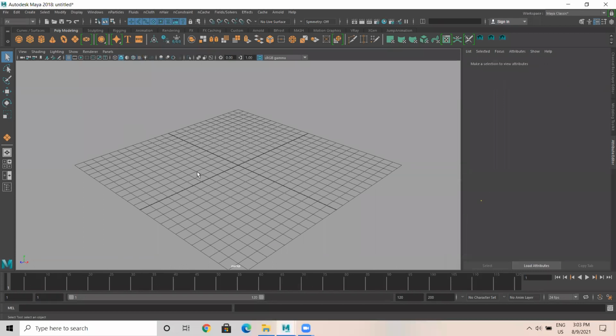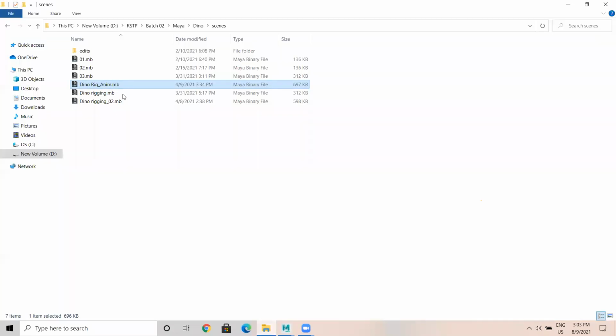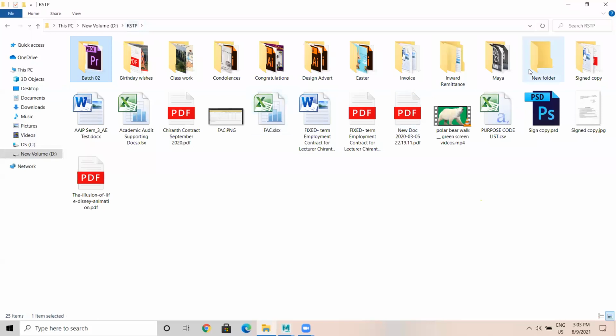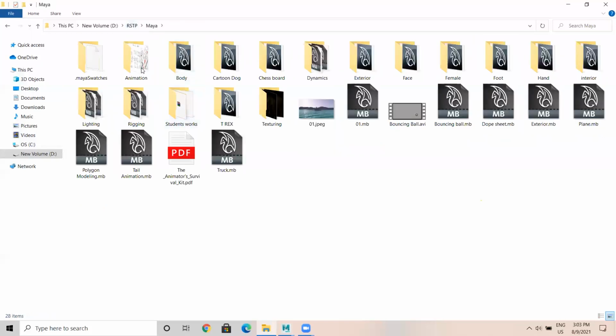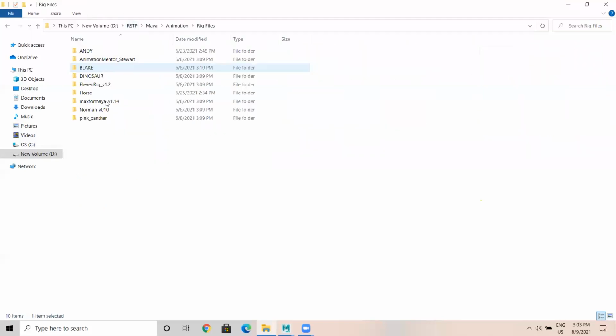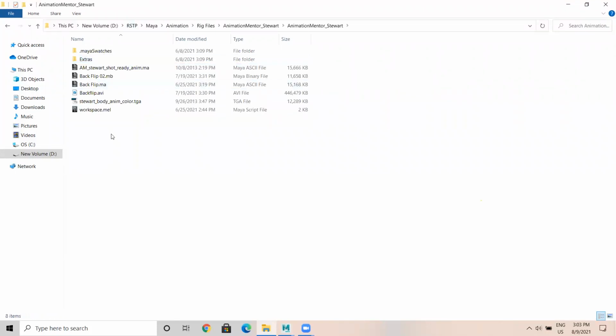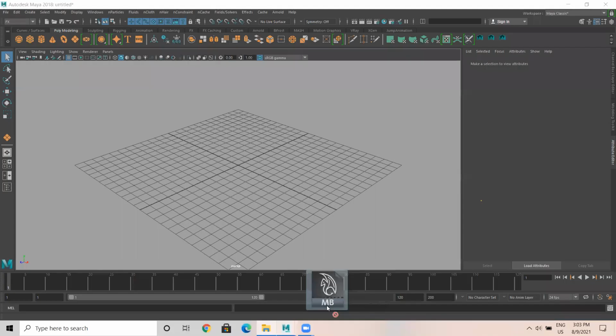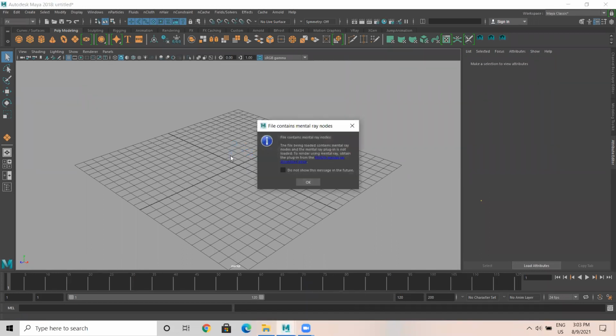In a very simple way, I'll show you. Let us import backflip animation, Maya animation, rig files, animation mentor, backflip final. Keys.